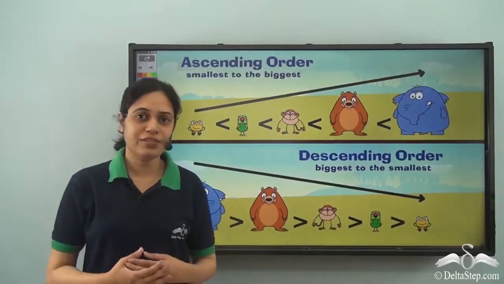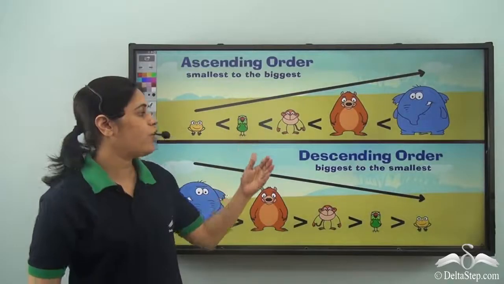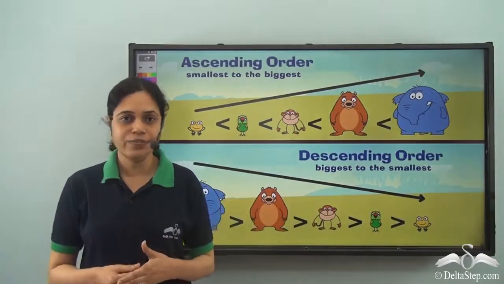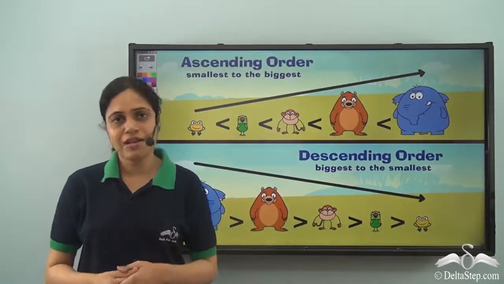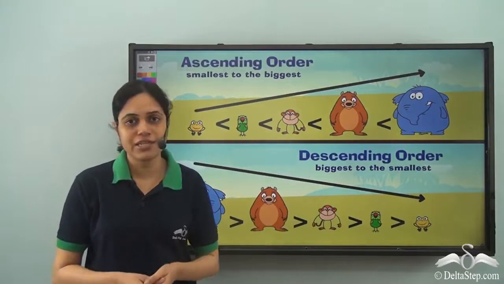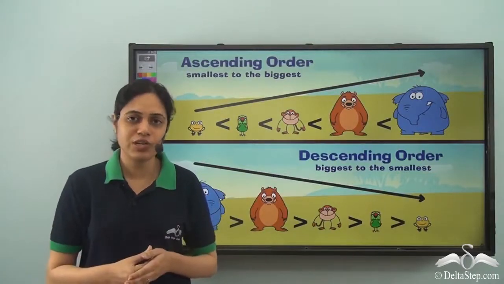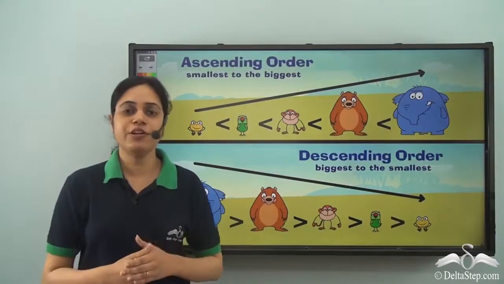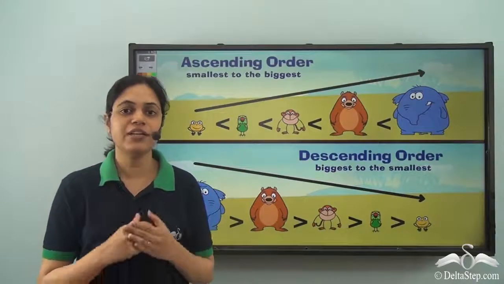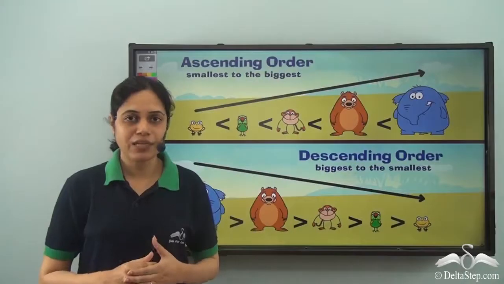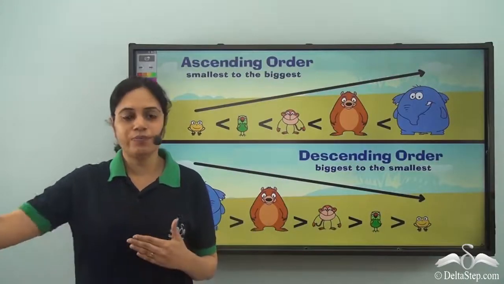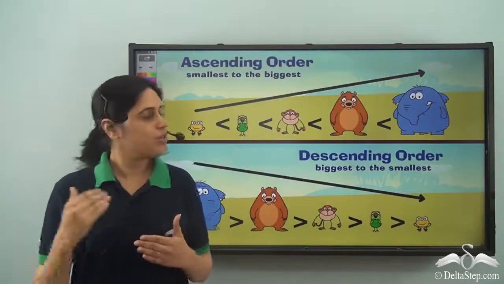We have already learned what we mean by ascending order and descending order. In our real life as well, we need to arrange things from smallest to the largest or from largest to the smallest. Say, for example, when your teacher asks you to stand in a queue, at times you stand from the least to the person with the highest height.